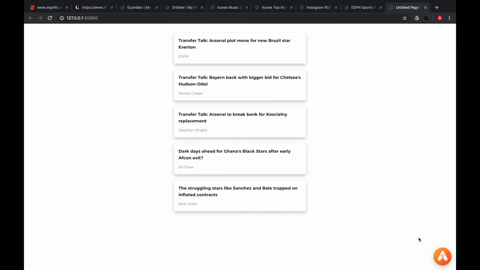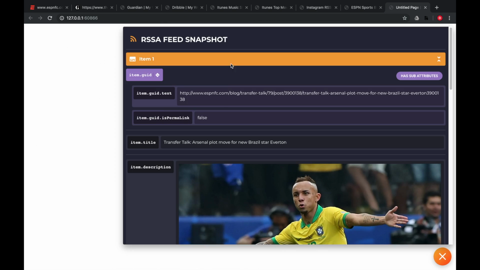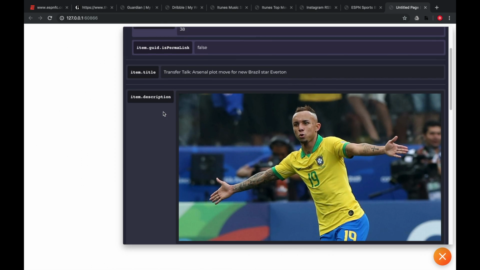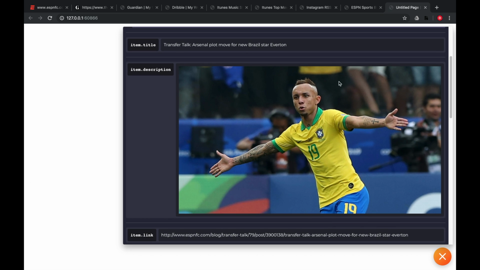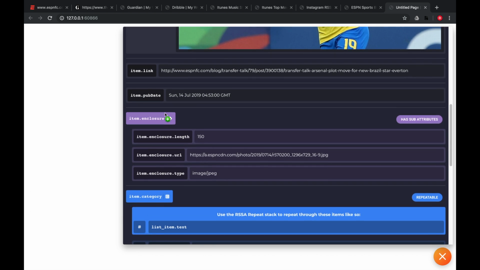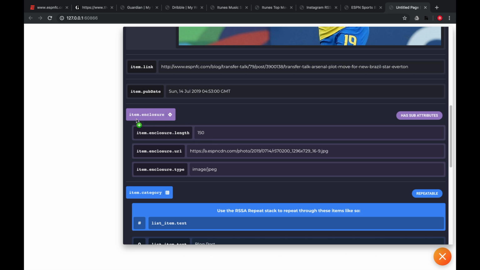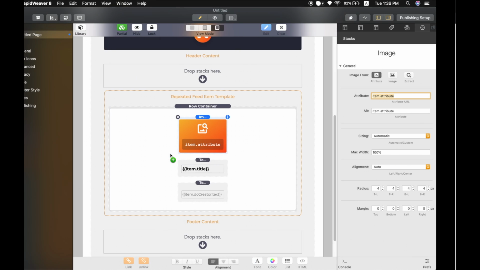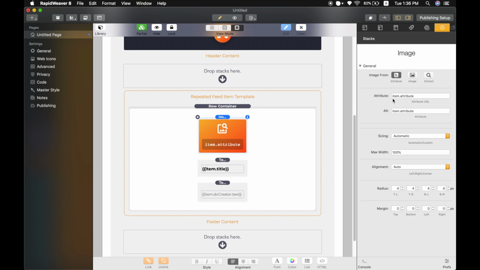So if we go back over to our snapshot, we look down, you notice we have this description here. This is actually plain HTML, which is why it shows up like this. So in this case, we would have to extract it. So I don't want to use that one just yet. What I want to use instead is this item enclosure attribute, which I notice has a URL to a JPEG image. So if I copy this, I go back to RapidWeaver, and in this image attribute,